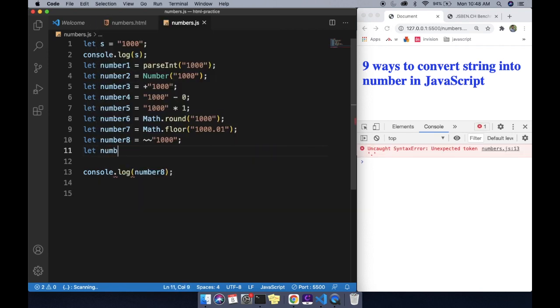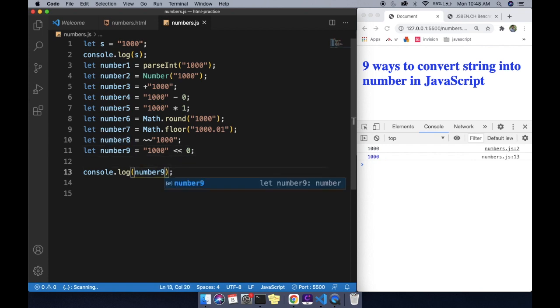So number 9 equal to, this is a bitwise left shift operator. I'm just declaring a string, and I'm using the double left shift operator like this. You can read the documentation about the double left shift operator on the internet. So this is another way to convert a string into a number. By all these possible ways you can convert a string into a number.